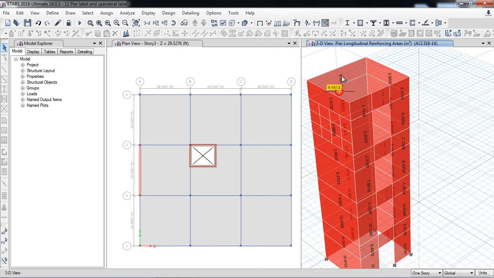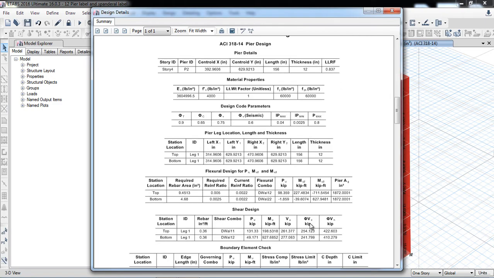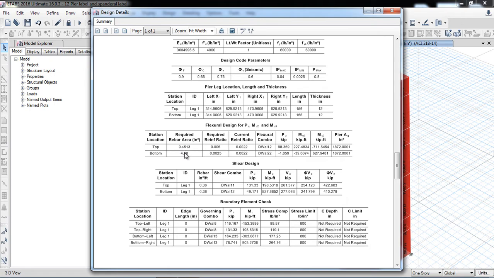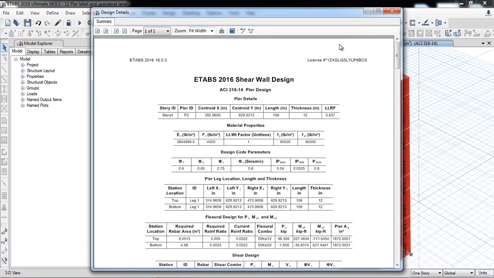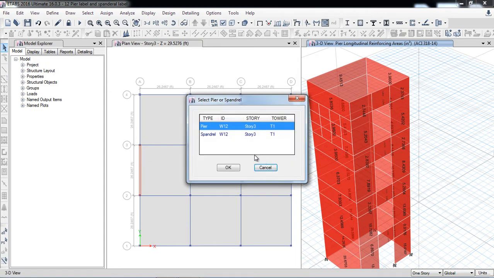So here now for this one it is 9.43. If you sum all the walls, again the result will be equal to that one that we have referenced earlier. So here if I right click, here are the top and bottom results, required reinforcement top and bottom. So that's how we can study. And for spandrel, here I am right clicking, sorry,